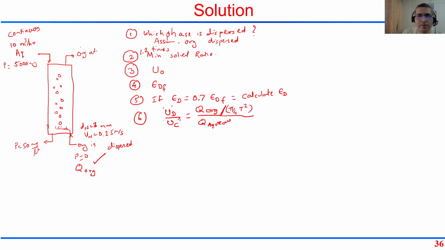If T is the column or tank diameter and h is our height, that's what we need to find out, h and T, right? So divide by pi by 4 T square. So pi by 4 T square cancels from both sides, the numerator as well as denominator. So the ud by uc ratio is the same as the organic by aqueous flow ratio, right? And then you would be able to calculate the value of ud and the value of uc. What you had calculated were values slightly different, because that time we had assumed ud by uc to be